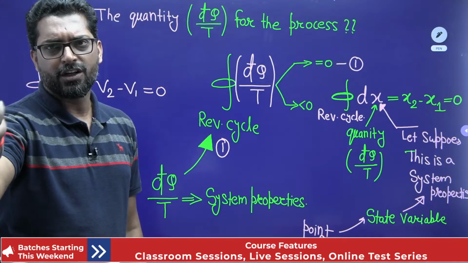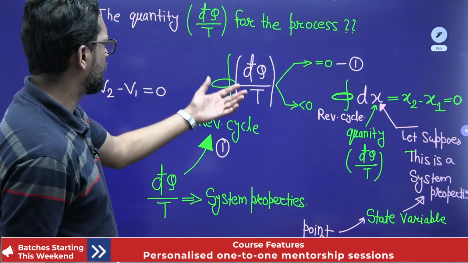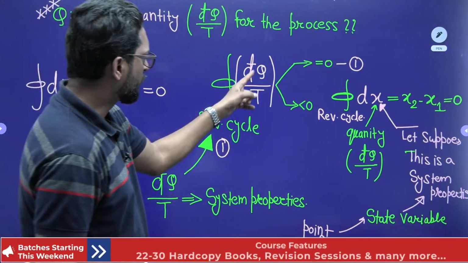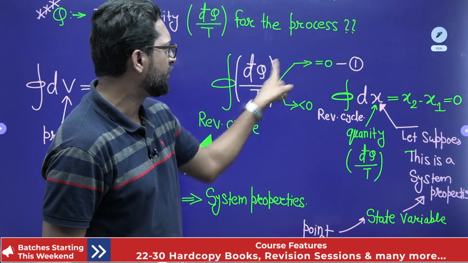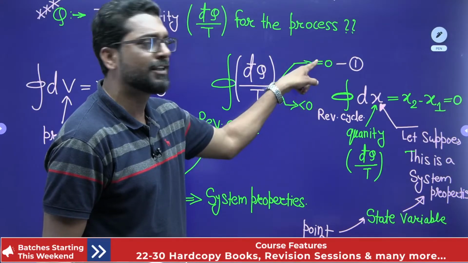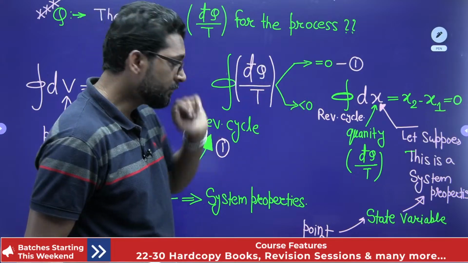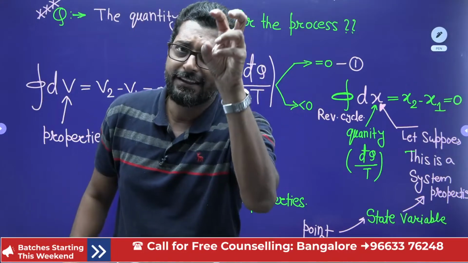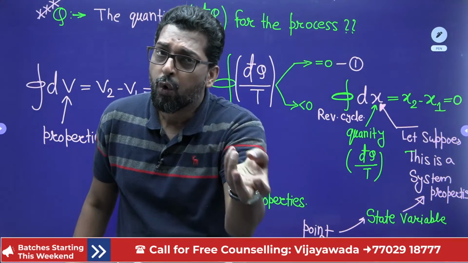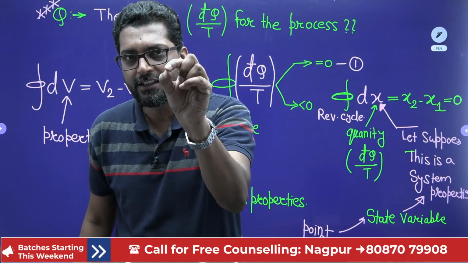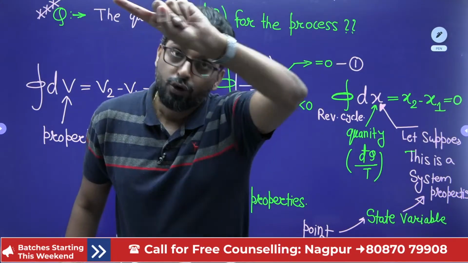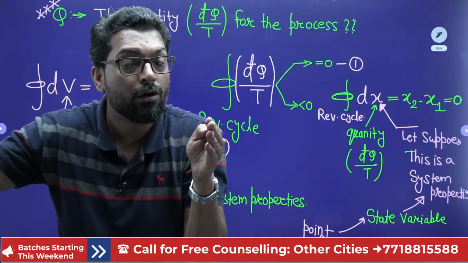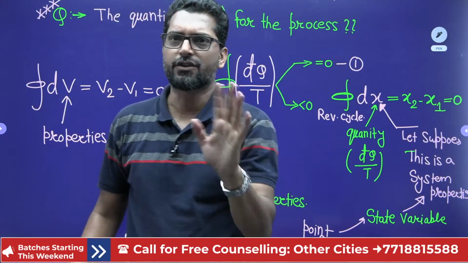Entropy change is a property for a reversible process and not for irreversible. Yes, this is okay. See, with the Clausius inequality, this we already discussed. For the Clausius inequality, the cyclic integration of dq by T is less than or equal to 0. Now we know from the fundamentals, forget about all the things: if there is any quantity whose change through a cyclic process is 0, then that quantity is a property. Yes or not? First line it is clear.